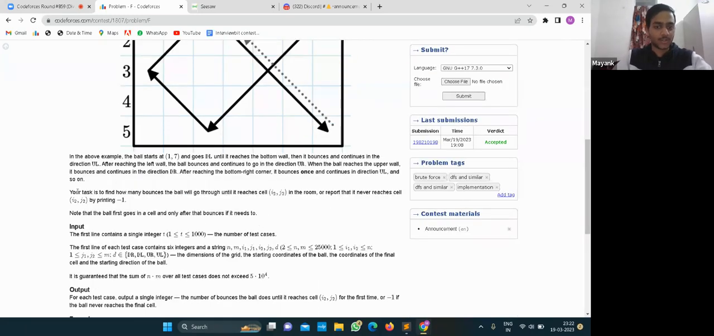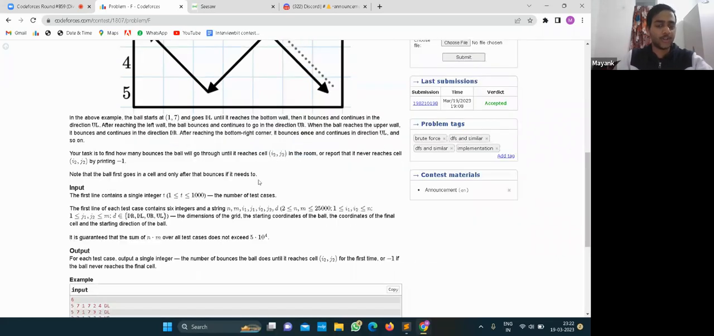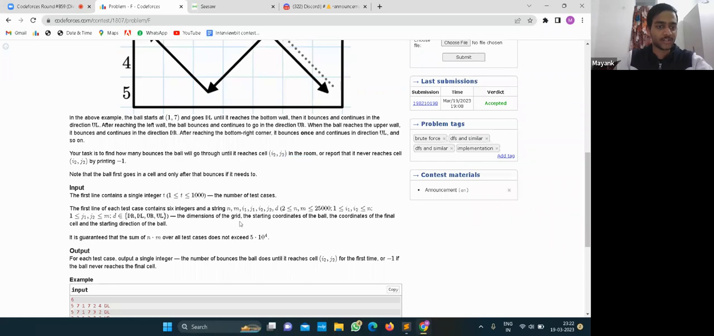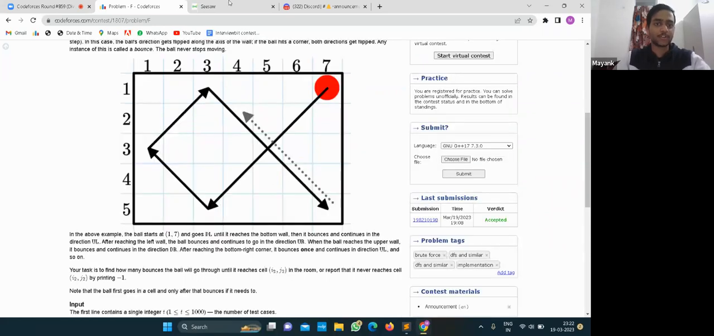Now we are given another coordinate i2, j2. We have to find if we can reach the coordinate i2, j2. If we can, we have to find the number of bounces it takes to reach there. Otherwise, we need to output -1. So the logic behind this problem is